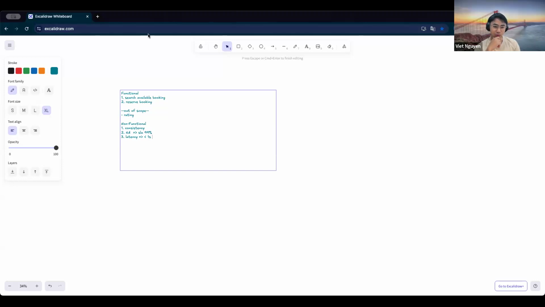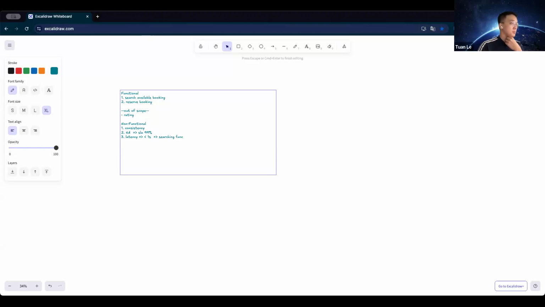So that is for which function? Because we have a few functions, right? We have the search, we have the reserve, the booking. We may also have the payment. So what feature do you mean latency here? Do you mean the overall flow or the latency of one API only? I mean the searching function. Yeah, agree. For searching, I think 1 second is enough. It's good.